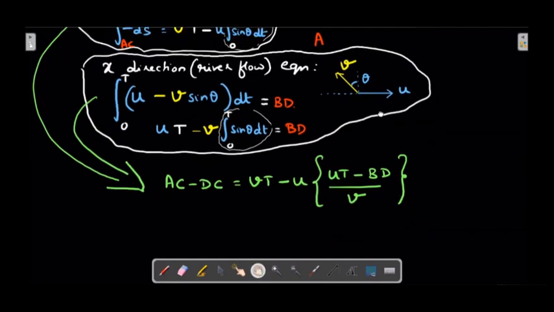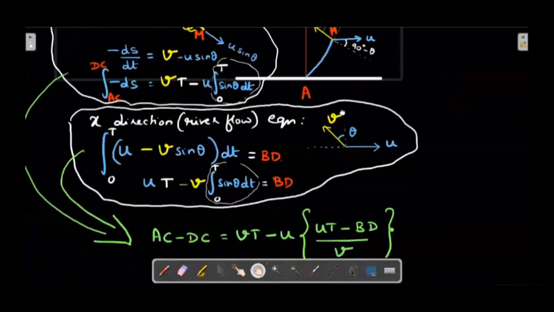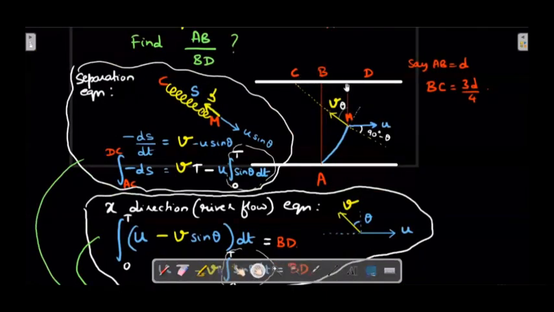So let me look at what he wanted. He wanted AB and BD's relation. Okay. So DC, whatever is there, I'll split it up into BC and BD. Everything I want finally only in terms of AB. Okay, everything in terms of AB. So if AB is D and BC is 3D by 4, BD is extra. Okay, so